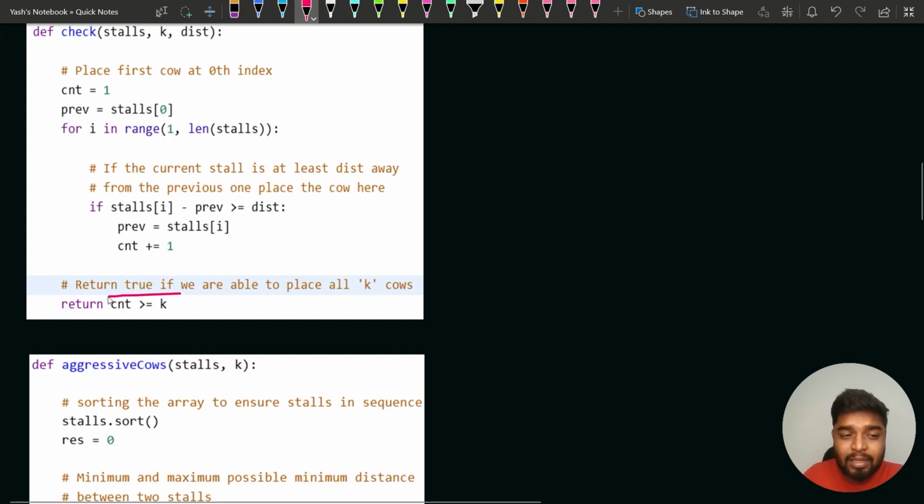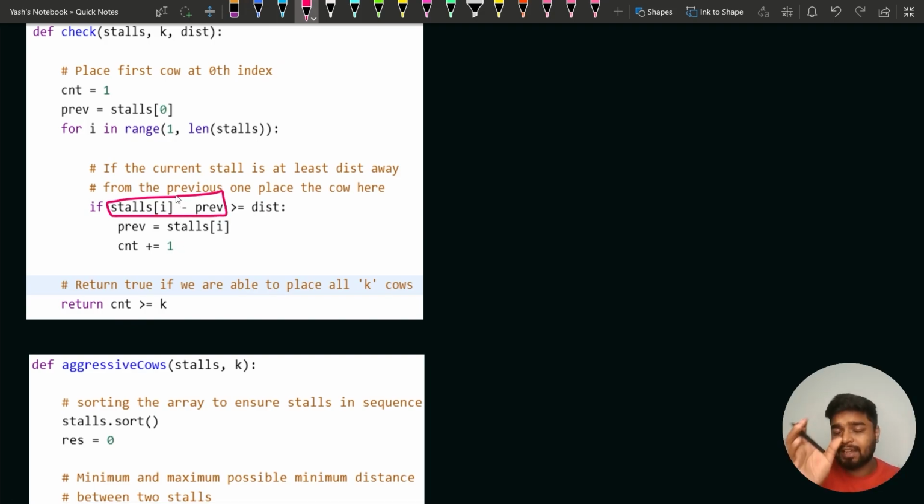And if we can allocate at least k cows or more than k cows with this minimum distance, then in that case we'll return true, that yes, it is possible that k cows can be arranged with that much distance here. Okay, so always we are checking what? As I said, we are just checking that if the ith stall minus the previous stall, that is the distance between the ith stall and the previous stall, is greater or equal to the minimum distance required, then I can place the current cow at the ith stall,